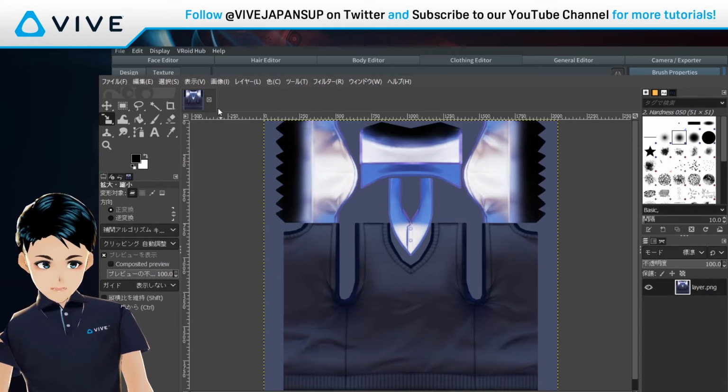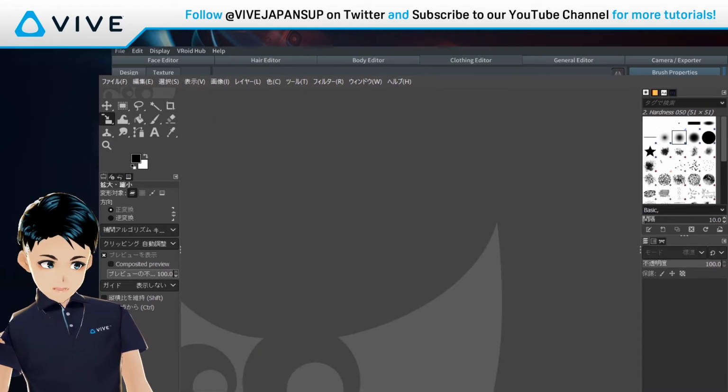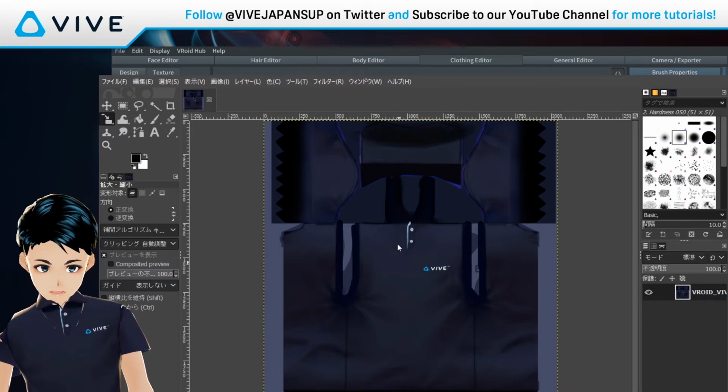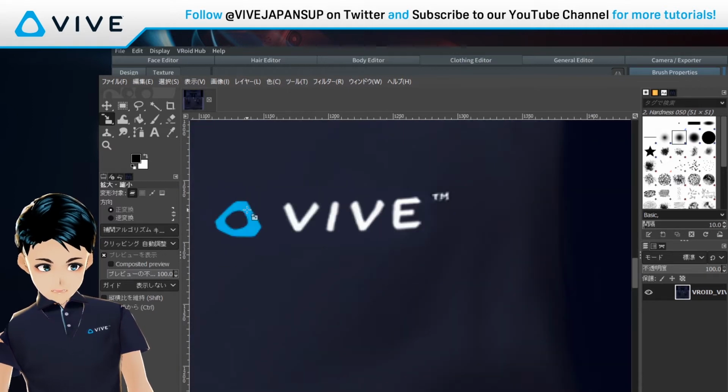To show you an example, I spent about 3 hours modifying this file into this one. So I colored the sleeves to the same color as the vest. And then the vest is more navy, and I put a logo on it. And as you can see, the logo is completely morphed. That looks strange on Photoshop, but when you actually import it